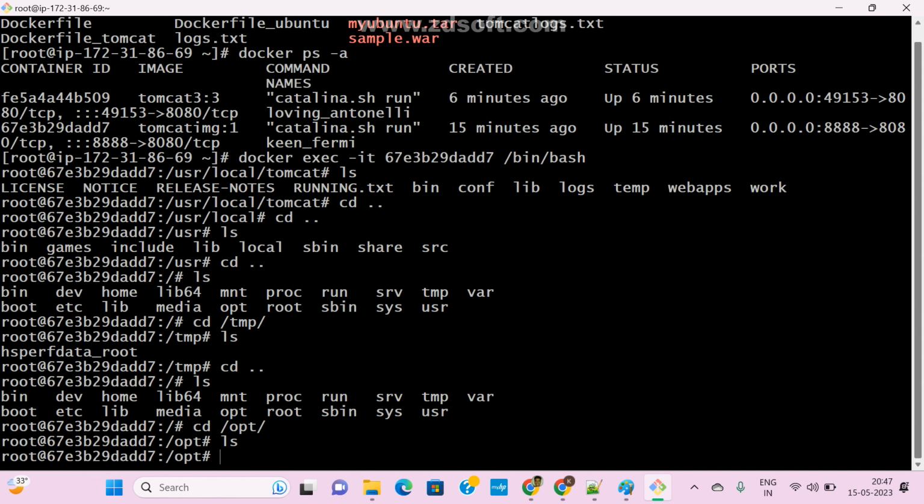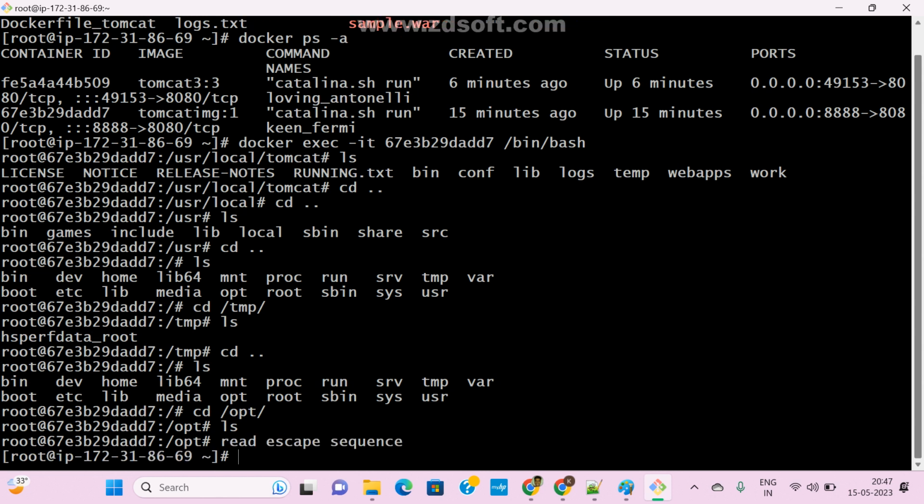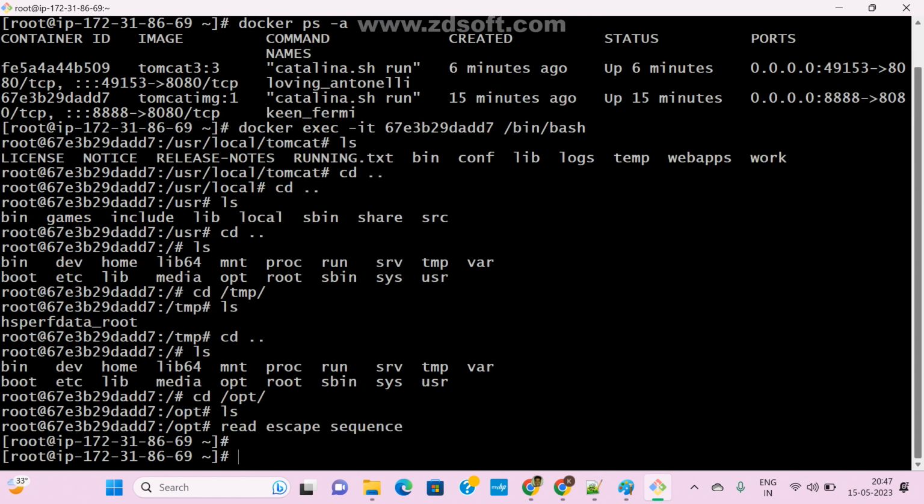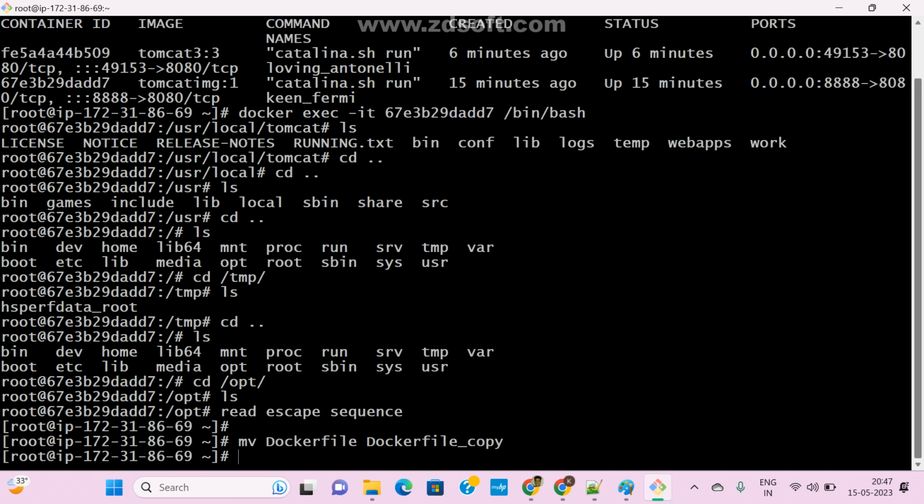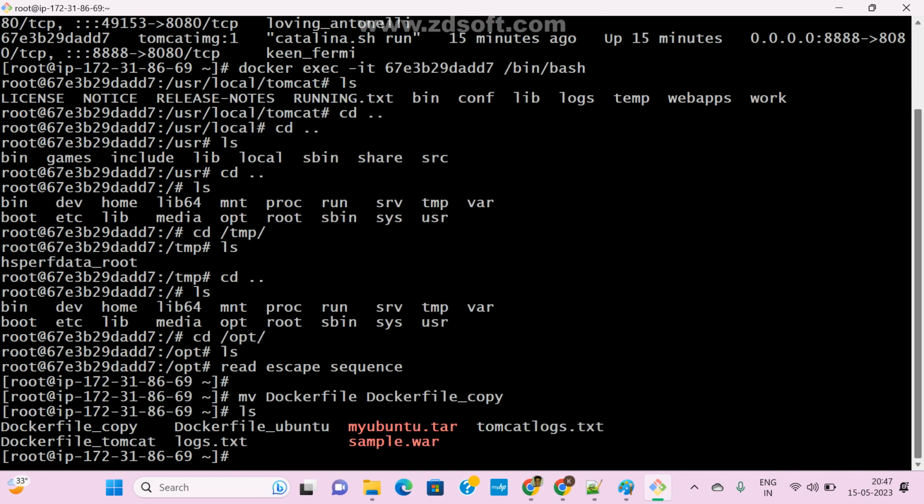So Ctrl+P Q, Ctrl+P Q, Ctrl+P Q, and let me rename it Dockerfile underscore copy. I'm giving the same ls and cat Dockerfile copy.